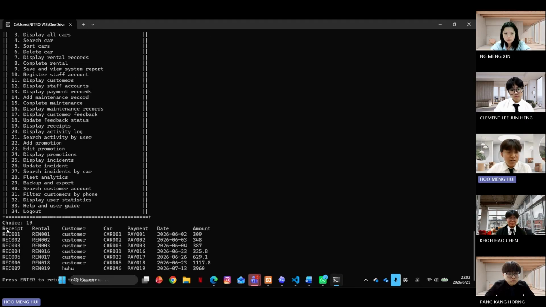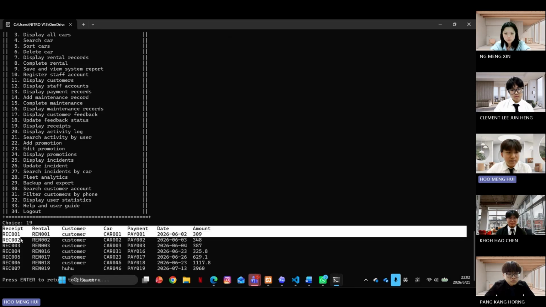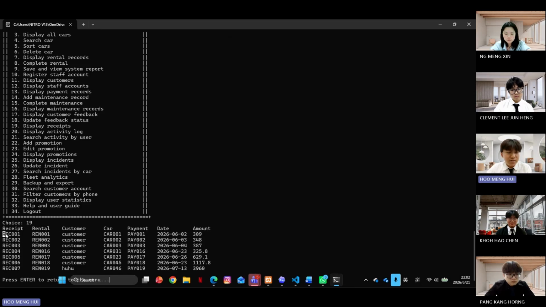Here it will show all the receipts. For example, IEC001, the customer full name, the car is car 001, the payment ID is pay001, the date is 2026-06-02, and the total amount is 309.